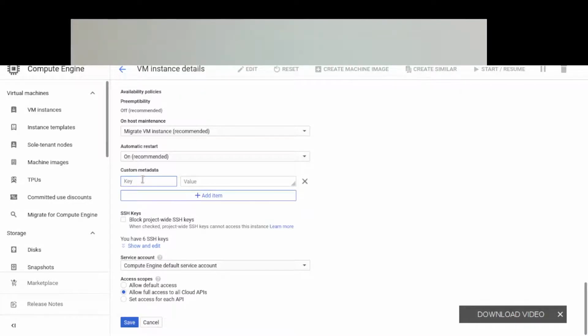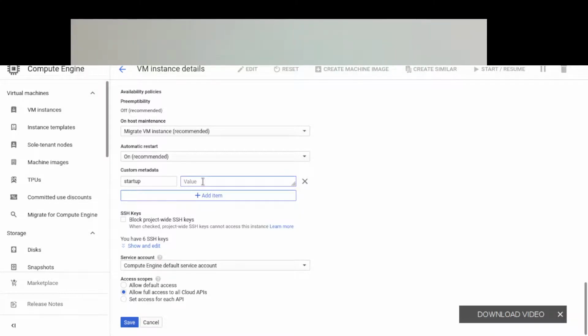So the key, I can say that my key will be startup. In my case, I needed to discard the content in a certain file in my Linux box as it was starting up, so that it would allow me logging in from other IPs.